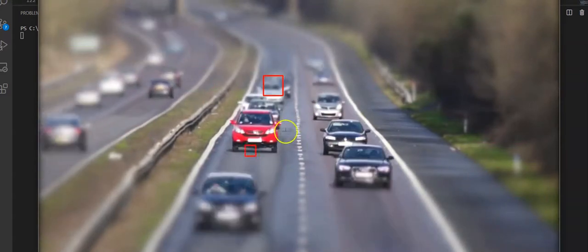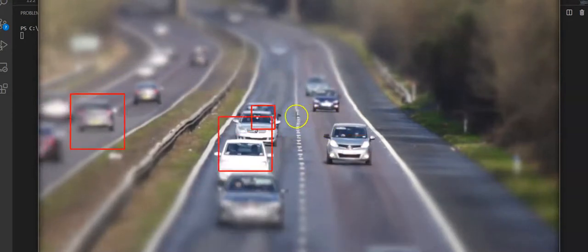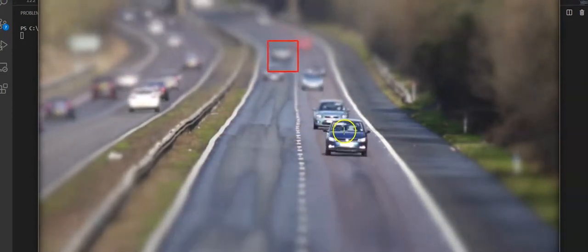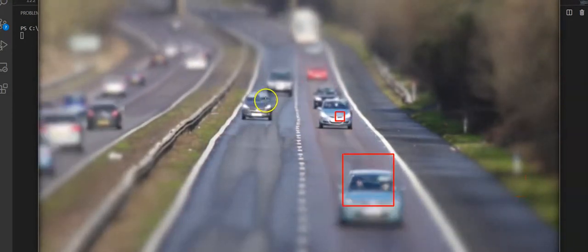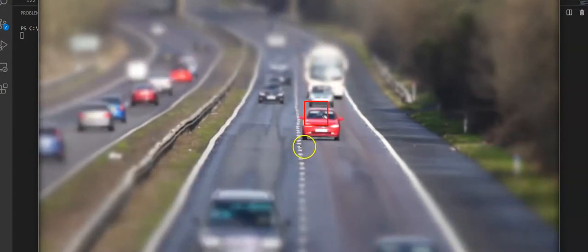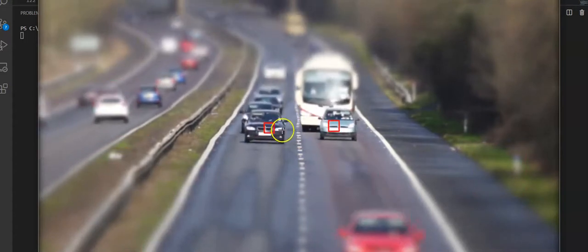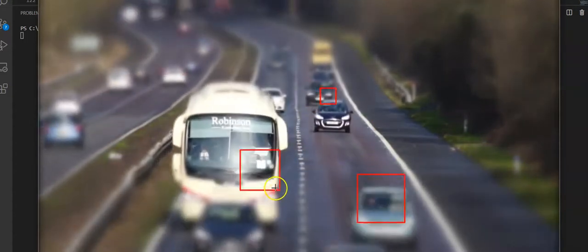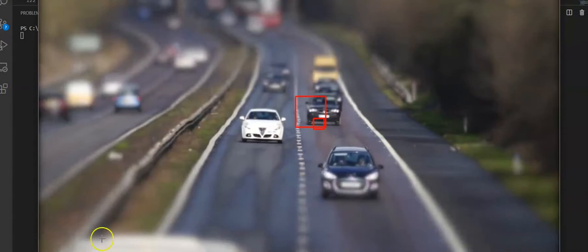So as you can see, there are red markers appearing on the screen on some of the vehicles, but not all cars are detected. There's a possibility that some cars might go undetected. So there's still scope for improvement here. All right. To exit this, we will press the escape key.